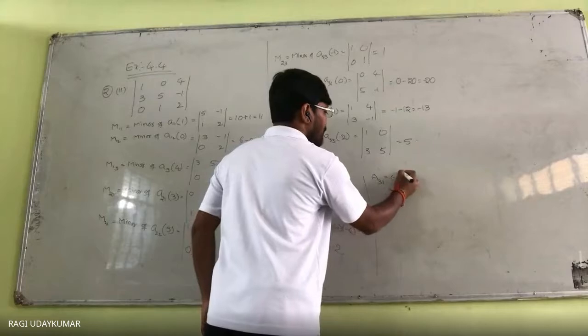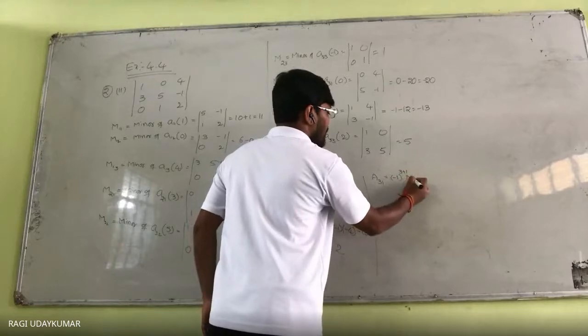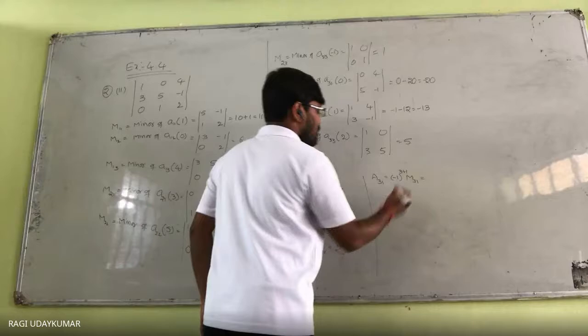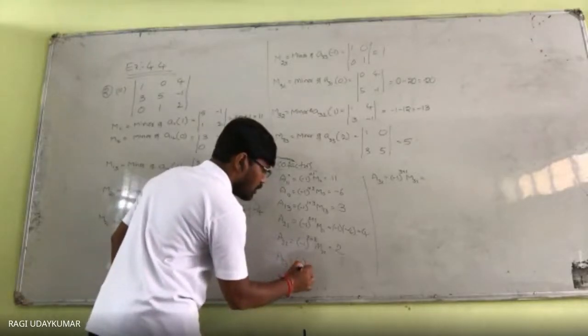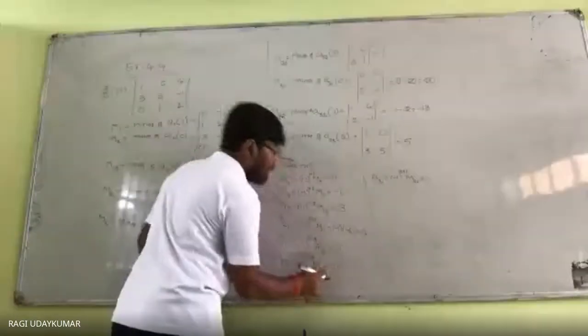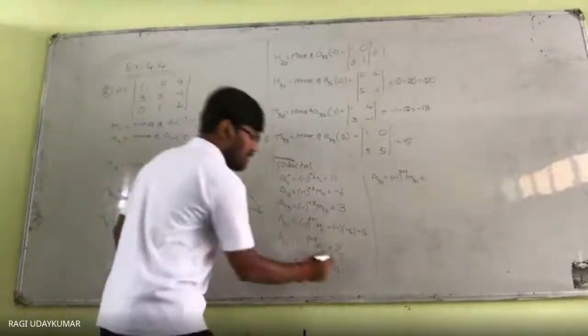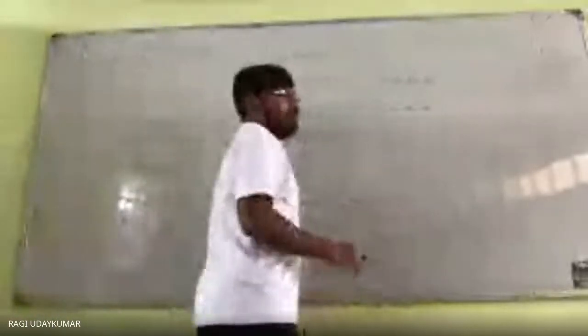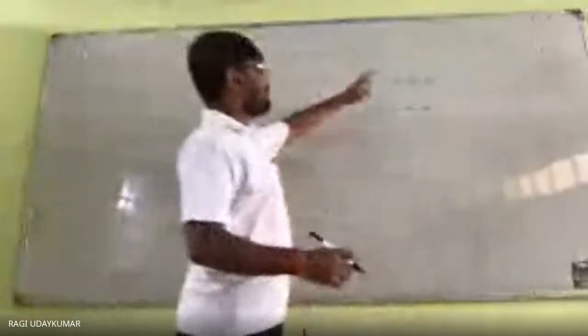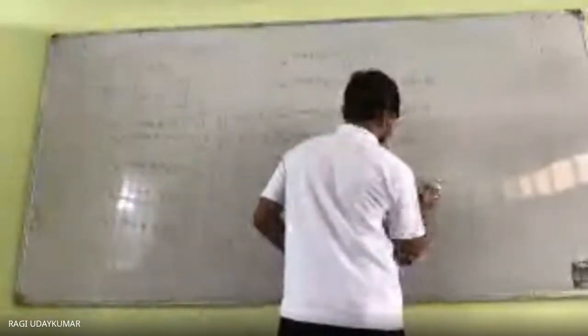Next, A31 is equal to minus 1 to the power of 3 plus 1 into M31. 3 plus 1 means positive will come. Sorry, one more is left over: A23. Minus 1 to the power of 2 plus 3 into M23, so minus 1 into M23. M23 we are getting as 1, so we get minus 1 here. A31, minus 1 to the power of 4, positive will come. Whatever M31 value you get, you have to write as it is.